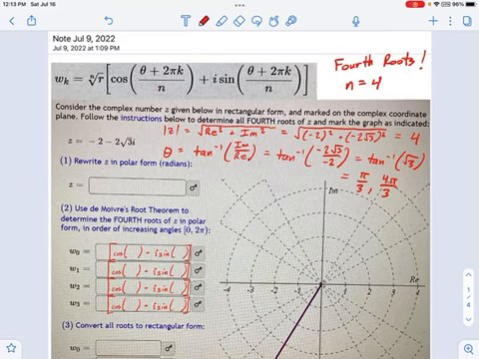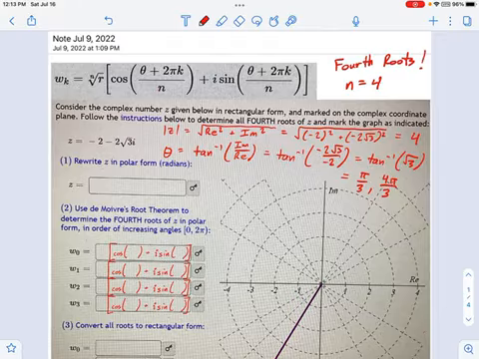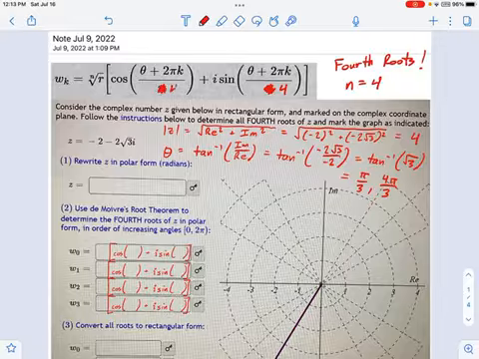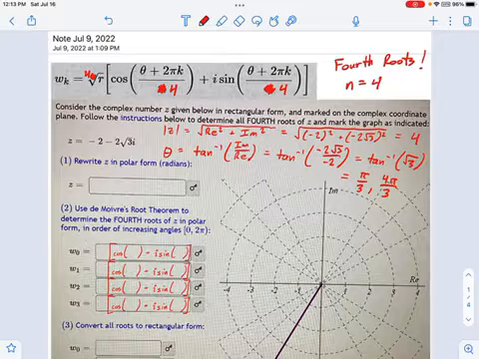I've already gotten this problem started a little bit with the preliminary stuff. And what we're looking for here is fourth roots of a complex number. So here's your complex number z. To find the fourth roots, the first thing I need to do is use de Moivre's root theorem and set n equal to 4. Okay, so now it is the fourth root theorem, not just a generic root theorem.